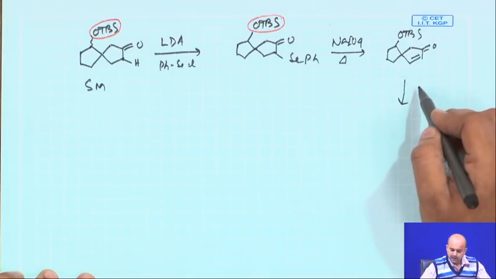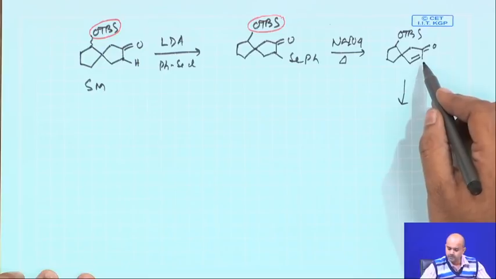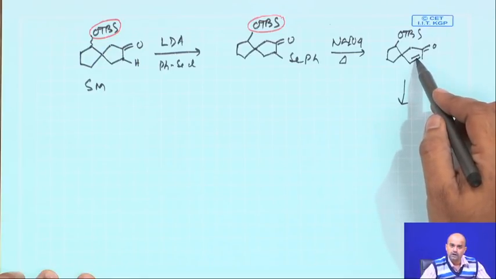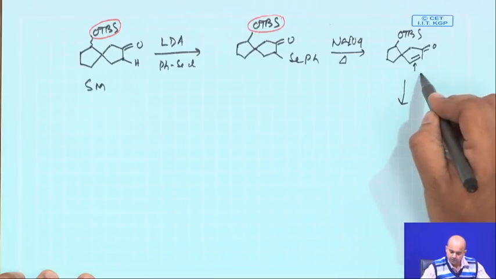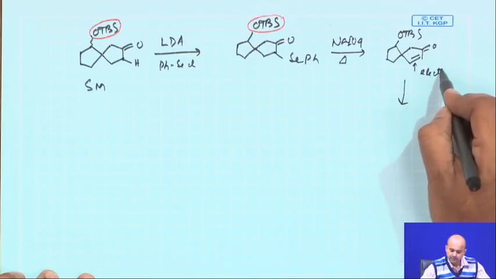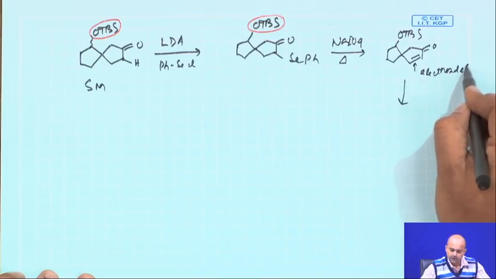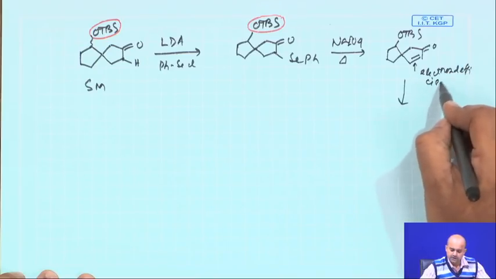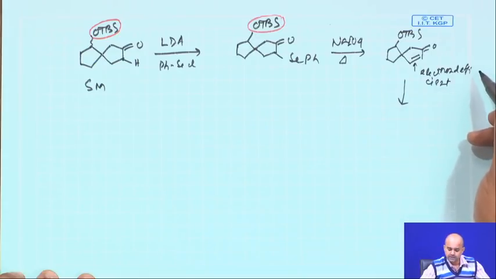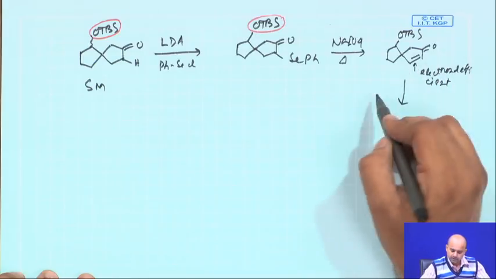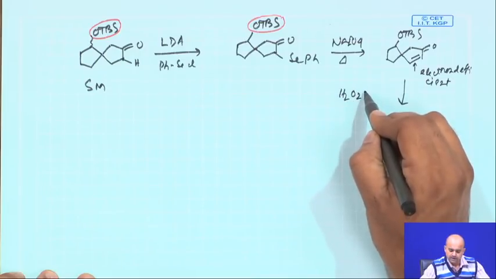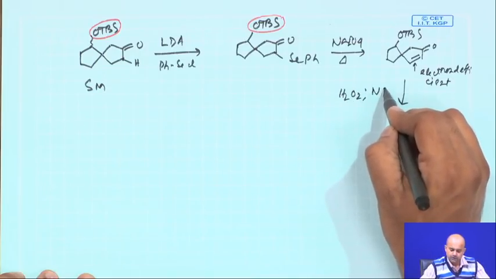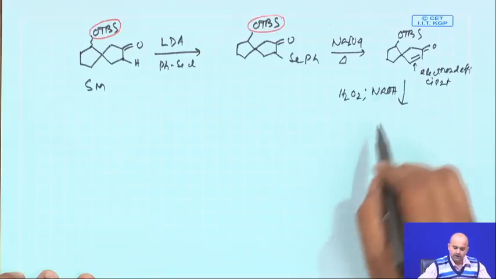Now, as I say, you cannot use MCPBA, because this double bond is now electron deficient, and MCPBA is also an electron deficient oxidizing agent. So here you need to use different reagent conditions, which you already used earlier, the hydrogen peroxide and